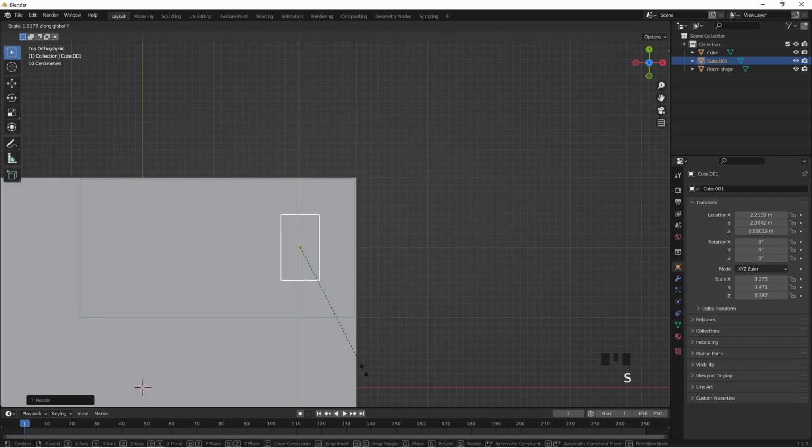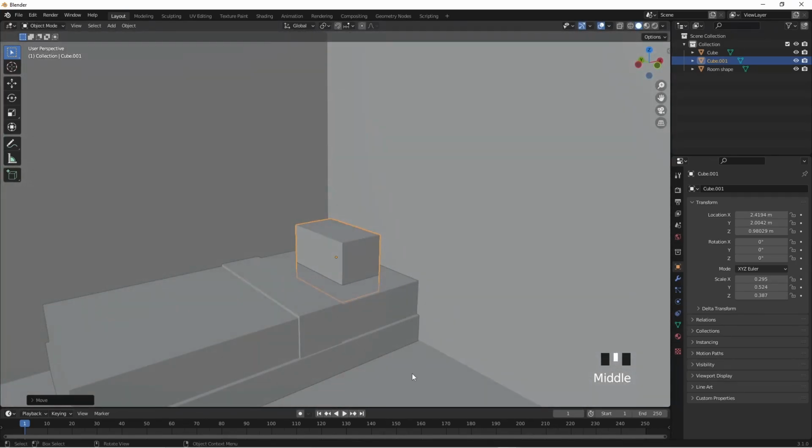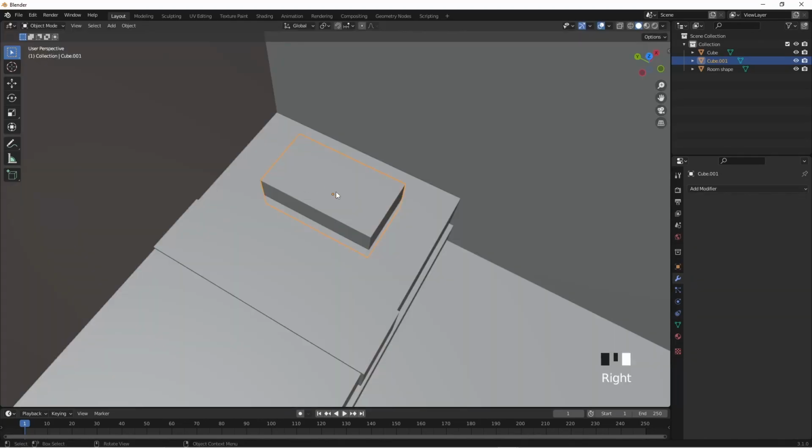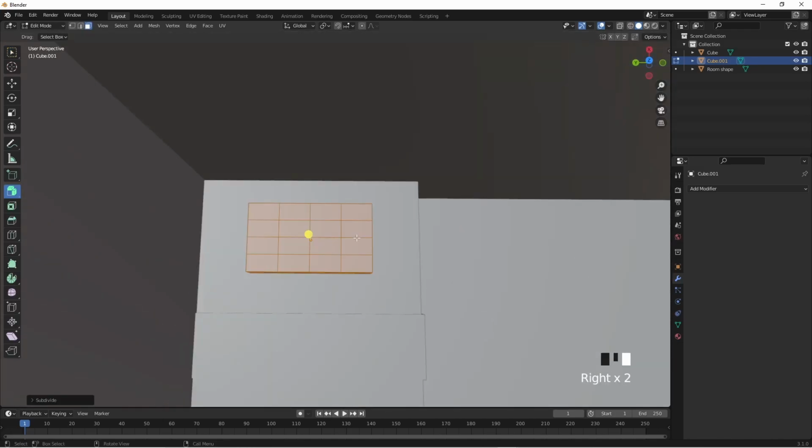Scale on the Y axis. Grab X right over here. Scale on the Z axis. Grab Z. We are going to hop into edit mode. I want to subdivide,